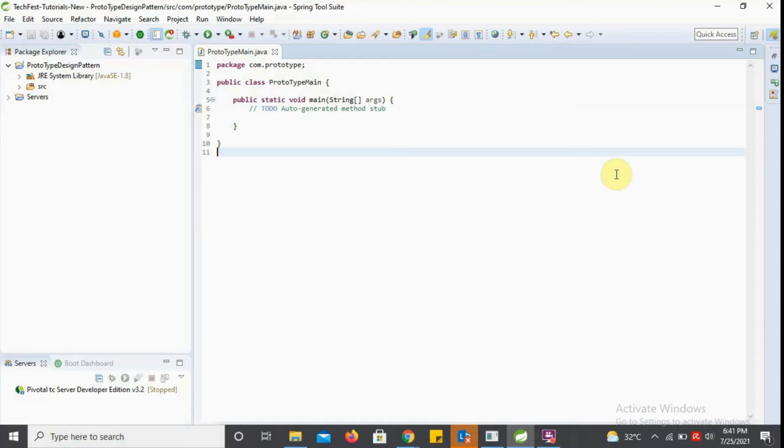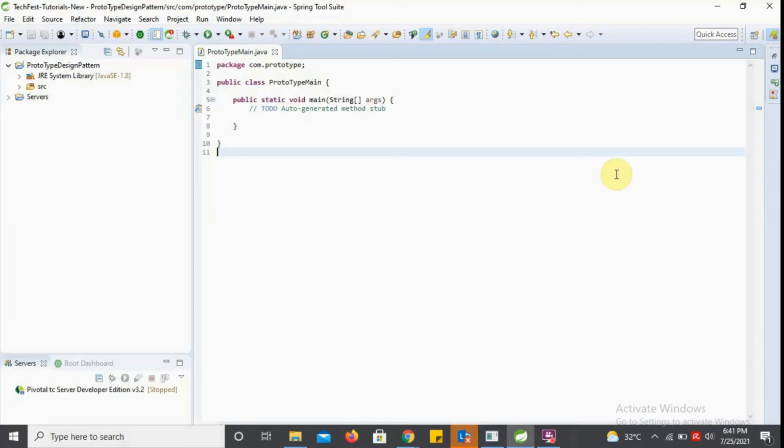So, prototype is simply used when object creation is costly and requires a lot of time and resources. Also, if we already have a similar kind of object in our application, in that case we implement the prototype design pattern, because we know that the memory and resource allocation for creating an object is a very costly thing in our application when it is running in production.